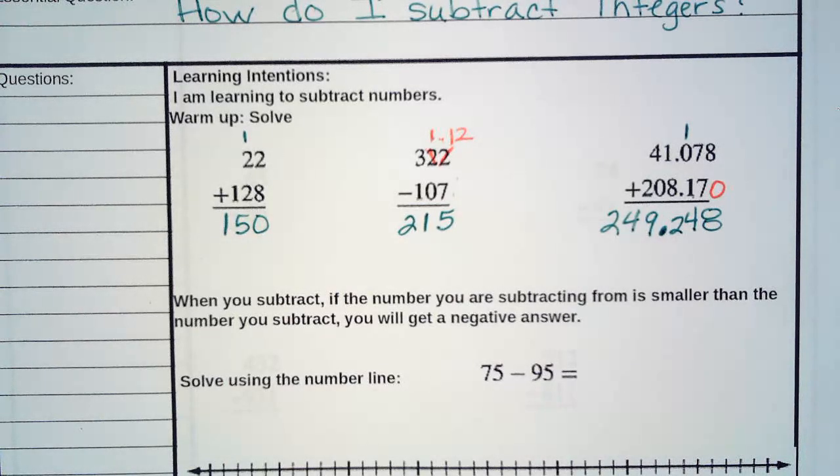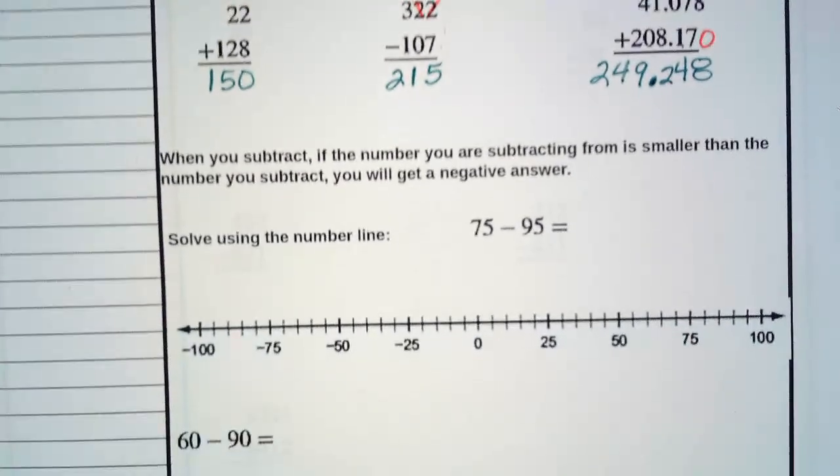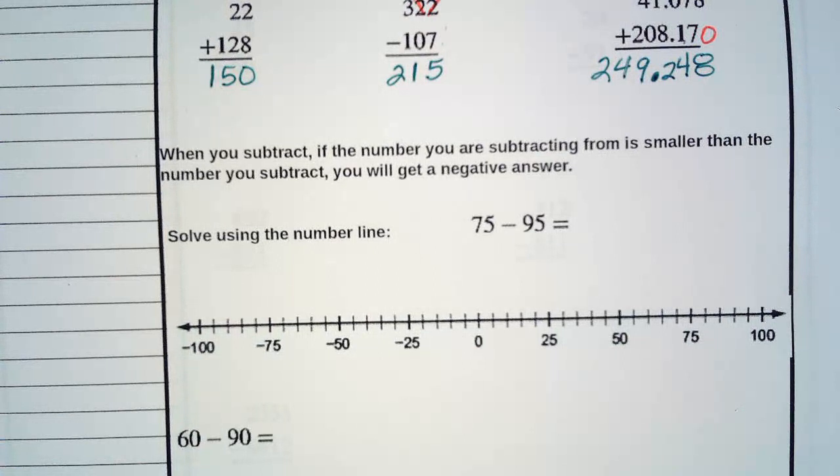I wasn't able to keep my columns straight. When you write them out yourself, you can do that, and it makes it easier to see what's going on. When you are subtracting, if the number you're subtracting from is smaller than the number you subtract, you will get